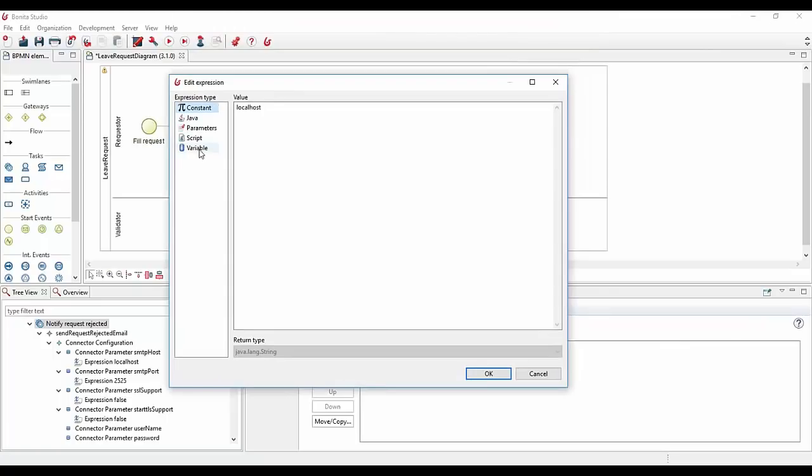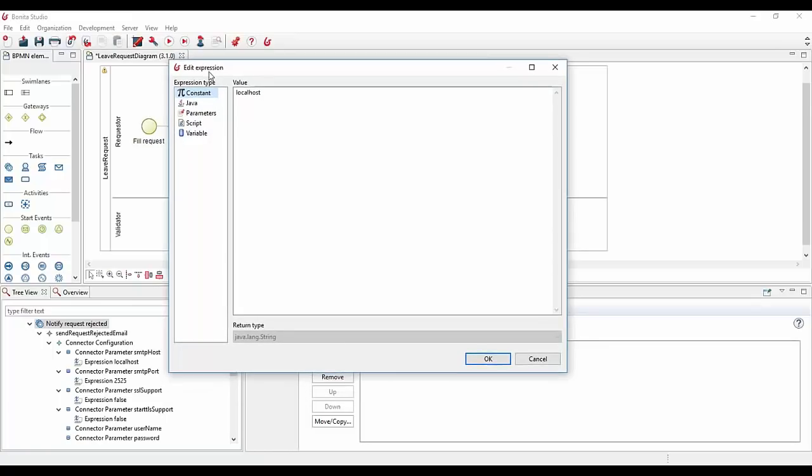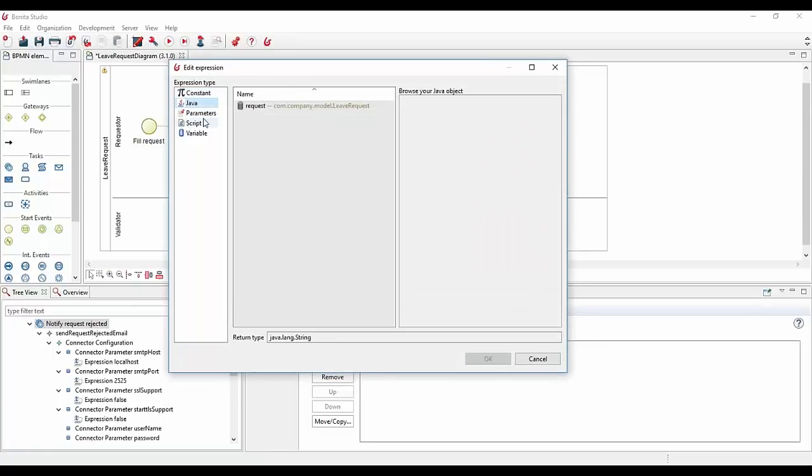So as I already showed you, you have multiple different types of expression that you can use. Depending on the situation where you are in the process, you will have access to things or not. For example, here we don't have access to the contract information. But you have access to the business variable.